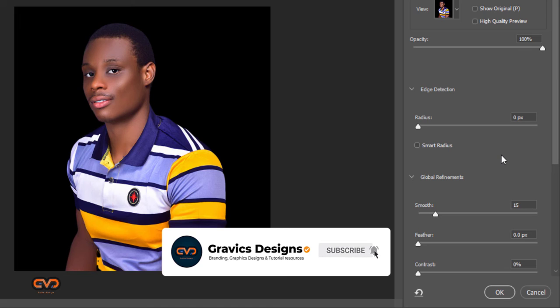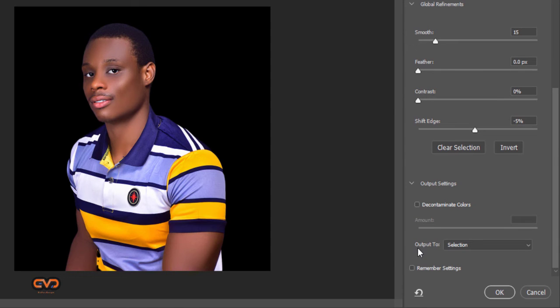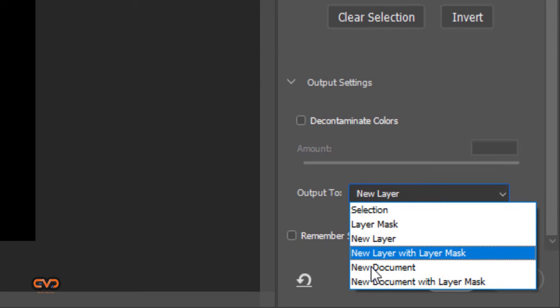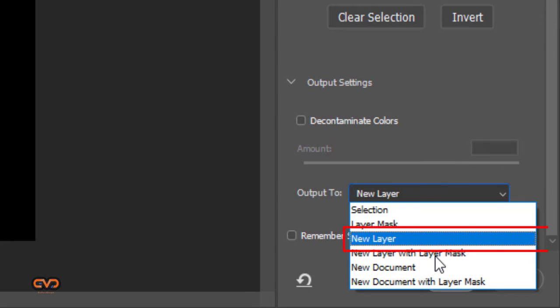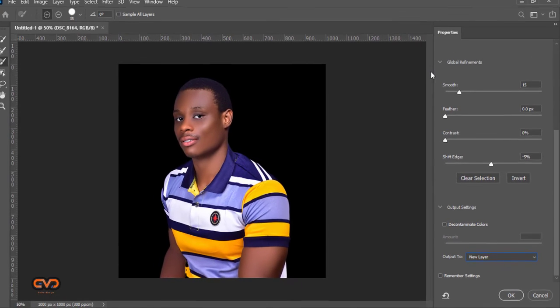So all I need to do is click on OK. But before you do that, this is the most important thing. You scroll down and select output to new layer. There are different options: layer mask, new layer with layer mask, new document, and the rest. But I would like a new layer. All right, then you can remember the settings if you want, but what is more important is the smooth and